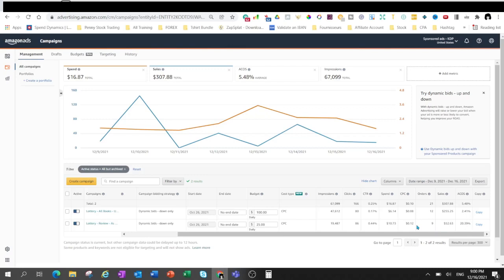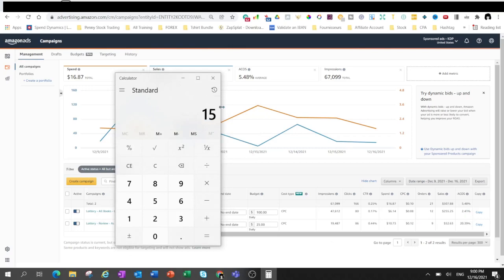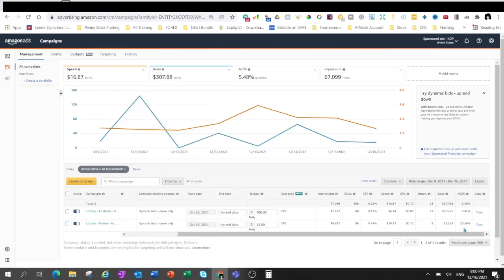Now let's optimize. Let's say this one is losing, this one I'm making money, okay? But this one, as I said in our example, let's say I'm losing money. My break-even ACoS is 15, but my ACoS that Amazon showed me is 39. What I'm gonna do to optimize this campaign, I won't touch the budget. This is not the first thing to do. What you're gonna do, you're gonna click on the campaign,